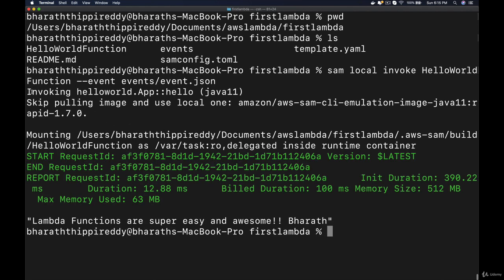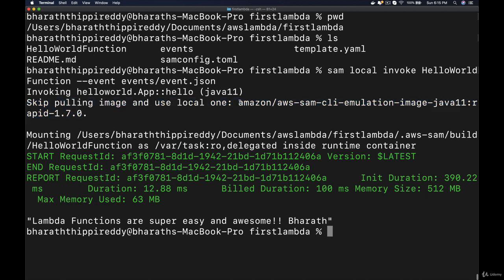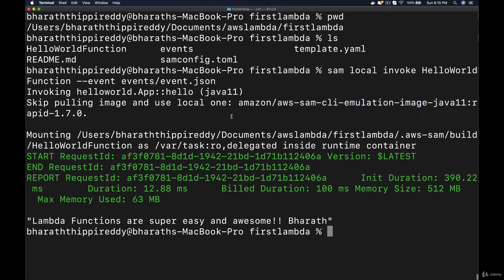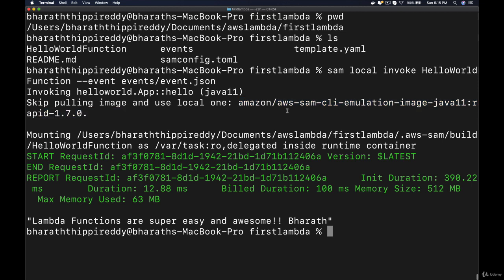It says invoking HelloWorldFunction. It is pulling the image in my case, because, as I said, I have run this earlier. It has already pulled this Docker image for me based on the configuration we have in the template and whatever the project needs. It will automatically pull and simulate the appropriate environment for us, and it mounts the Lambda function by